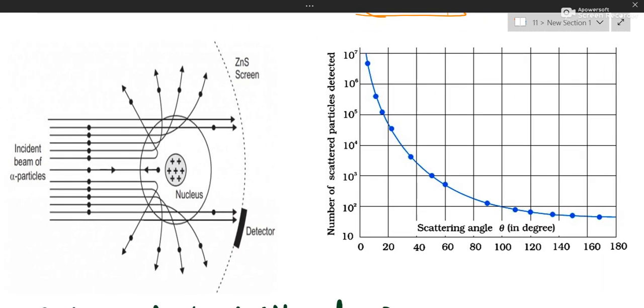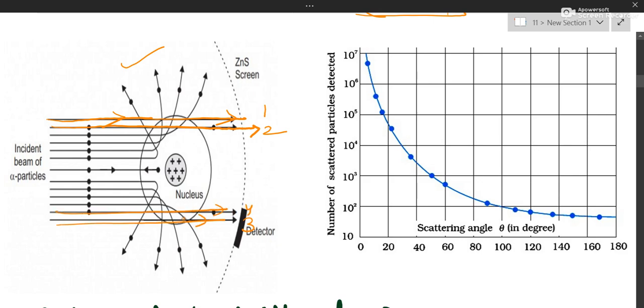this is a better diagram where you can see the scattering of alpha particles through a gold atom. So you can see here the distance of the alpha particle is large, so it went straight. Here also the distance is large, so the second particle also went straight. First went straight, second, and similarly third and fourth. They were quite far, so they went straight.